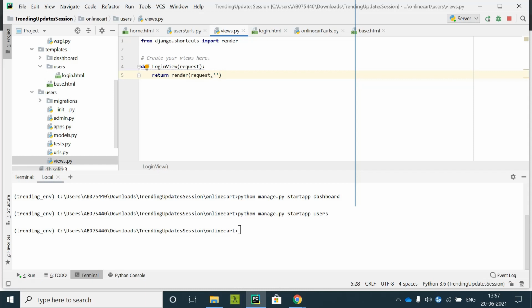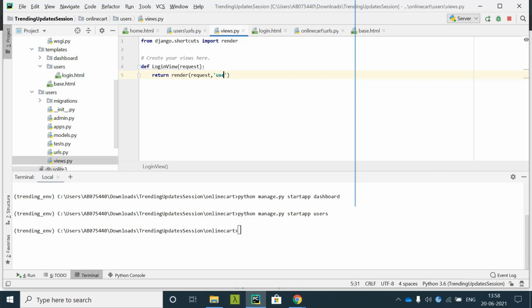Render will have three parameters basically. The last one is optional. These two are compulsory. One is request, that means you are requesting something, requesting this page, and one is the template path where exactly the template is present.